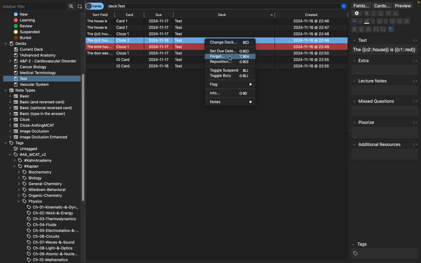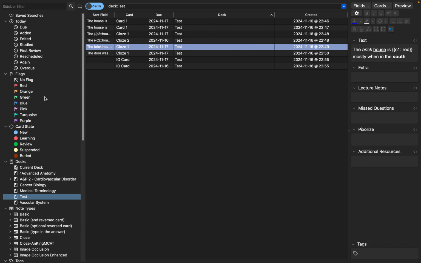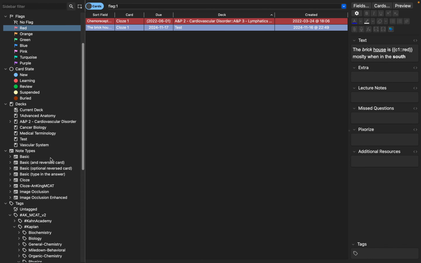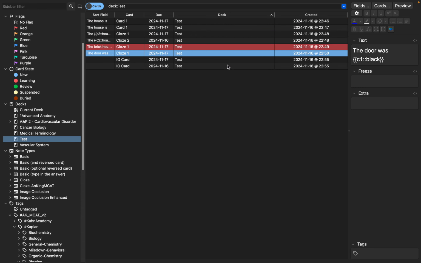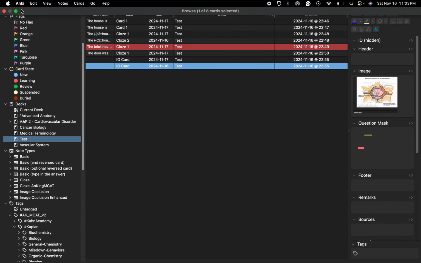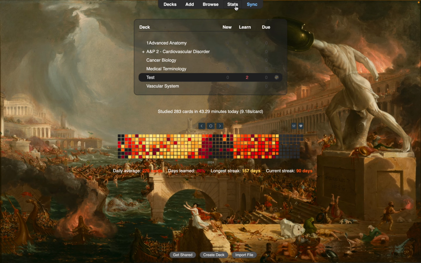If you need to forget something, the due date, I would mess with that, but it's an option, all right? And again, here's the thing with the flag. I can see it much easier, or I can go over here and go to my flags and see that, right? So that all should make fair enough sense. I hope it does. I'm going to get out of Browse now and go into our next one, which is